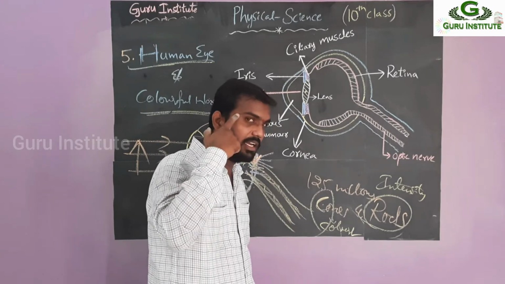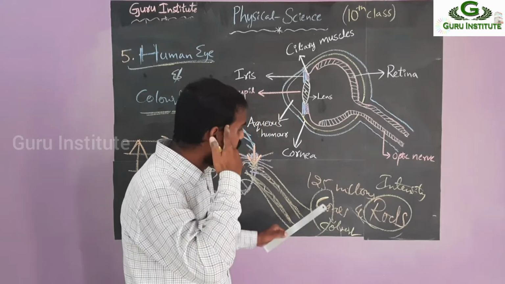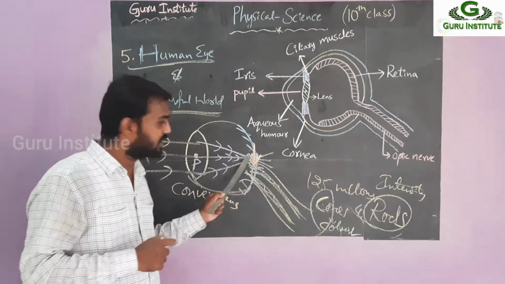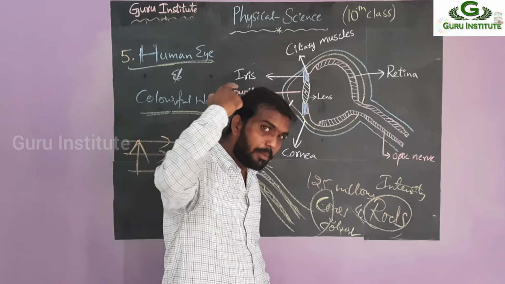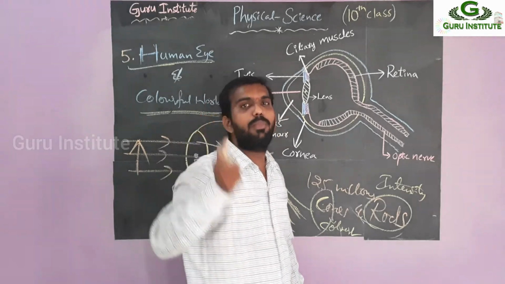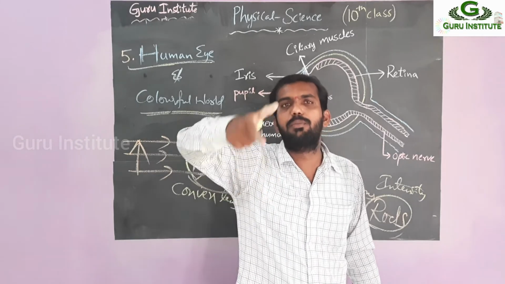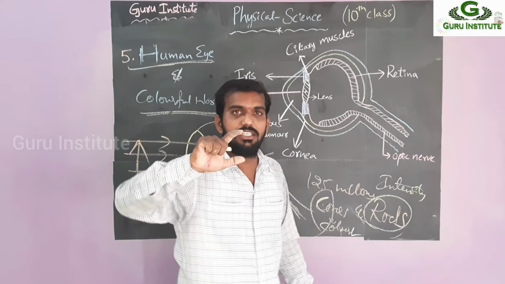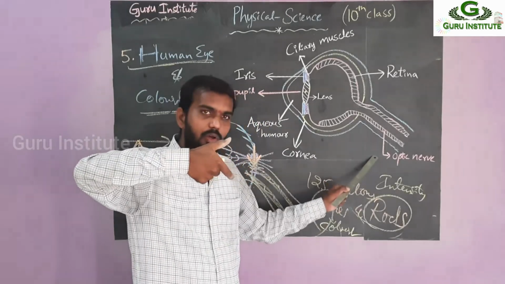This is my eye. Here the retina is there. This retina is connected to the optic nerve, right? The information captured by the cones and rods, and the inverted image, is all given to the optic nerve. This optic nerve is connected to our brain. Then our brain automatically sets the inverted image straight, within a fraction of a second, from the information sent by the optic nerve.